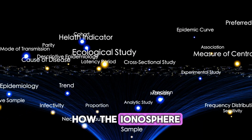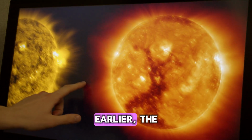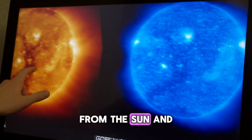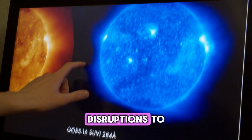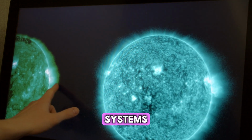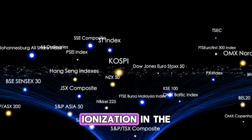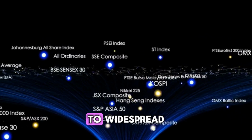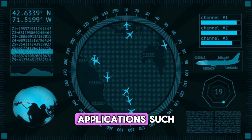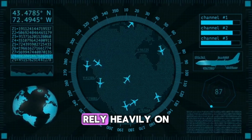Now that we know how the ionosphere is structured, let's talk about some of the ways that it affects our lives. As we mentioned earlier, the ionosphere is constantly bombarded by charged particles from the sun, and this can cause significant disruptions to important technologies such as radio communications and GPS navigation systems. For example, during periods of high solar activity, the increased ionization in the ionosphere can lead to widespread blackouts in radio communications. This can be problematic for applications such as aviation, maritime shipping, and military operations, which rely heavily on